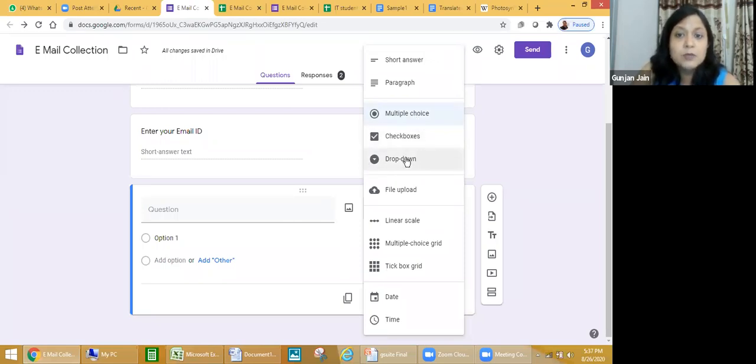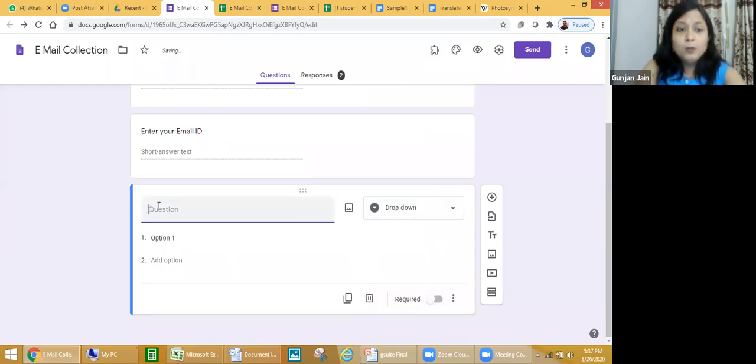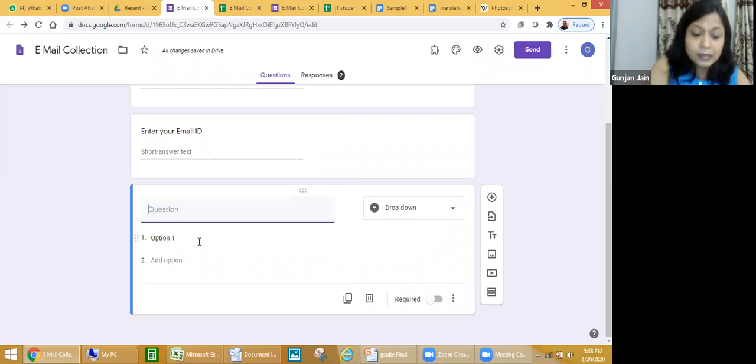Like suppose I'm choosing drop down. Now, as in most tests, you ask the students to enter your name, class and section, but still some of them miss the class and section. Some of them miss the roll number. To avoid this, you can do it here in Google Forms, and you don't give them the option for not doing it. Like you can tell them to choose your class.